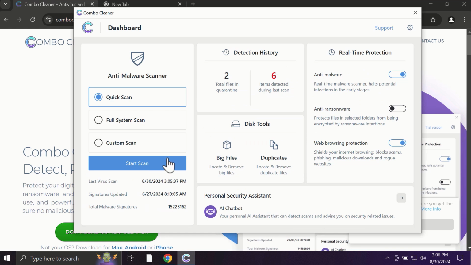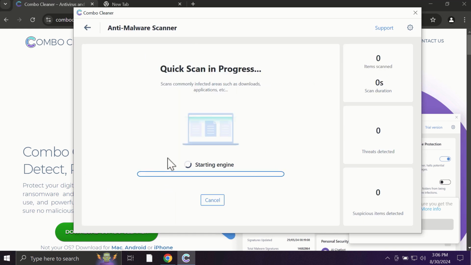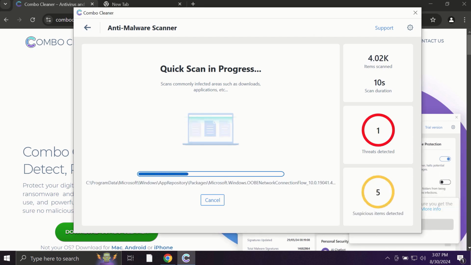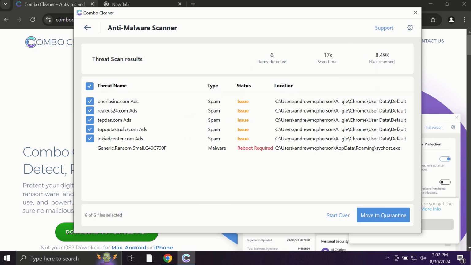So after you click on the Start Scan button, the antivirus database will be updated first of all, and then the scanning will begin. The scanning duration depends on various factors. It may depend on how many hard drives are available. It may depend on the system parameters of your computer. Finally, at the end of the scanning, you will see the full summary of all the infections which were found on your system. Based on the summary of threats, you'll be able to know the information about the locations of